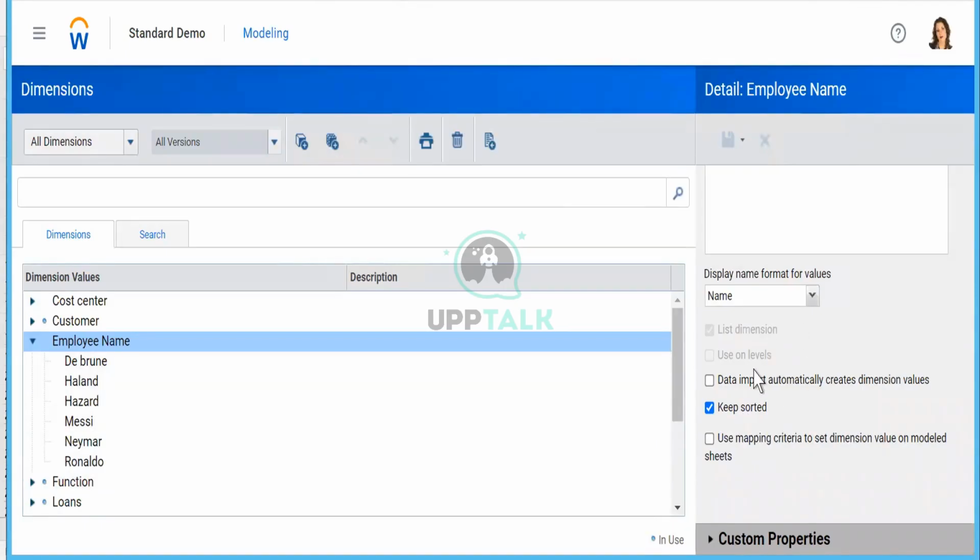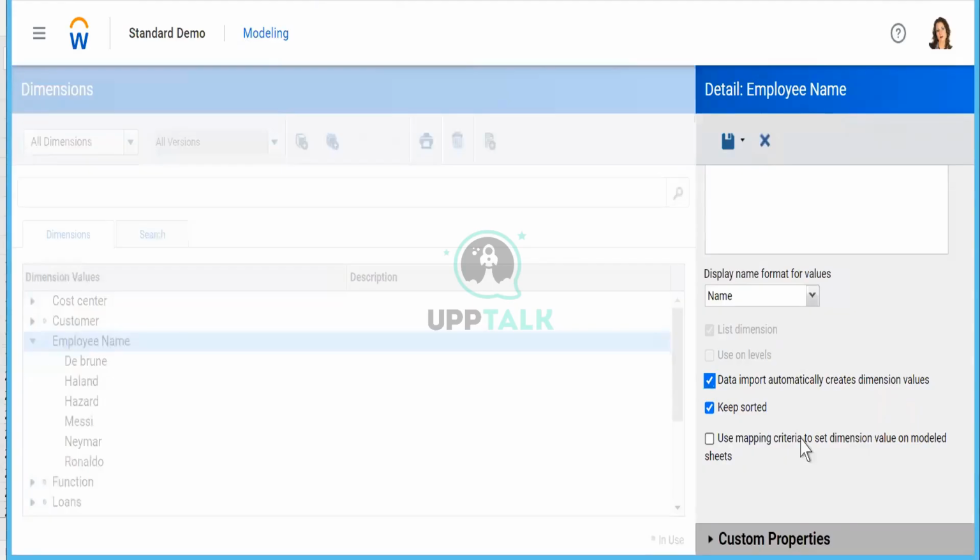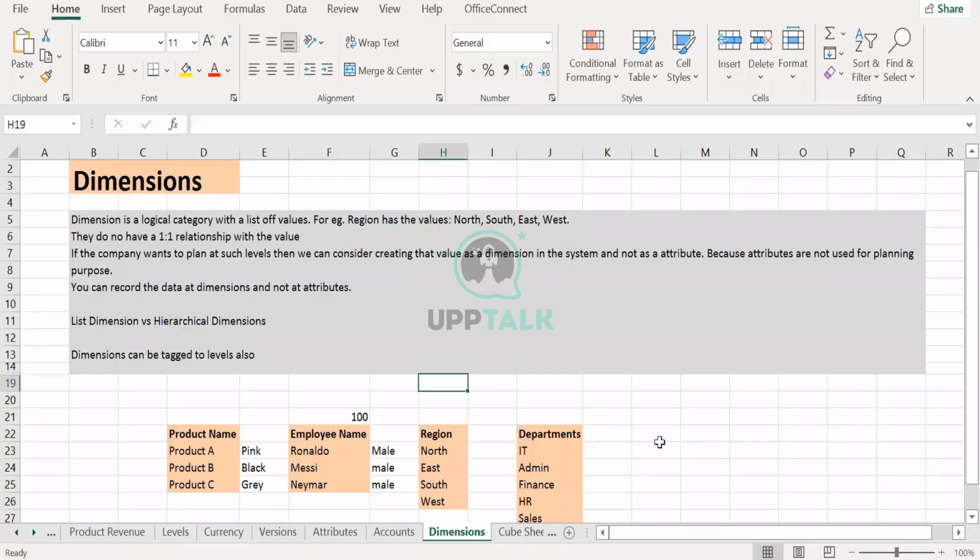Now, what I want to tell is about this data input. We talked yesterday also that you should realize when to keep this checked and when to not keep this checked. What happens when you keep this checked? Whenever you run integrations for employees, suppose there could be 100 employees in the system, there could be 500 employees in the system, but it can be changing.